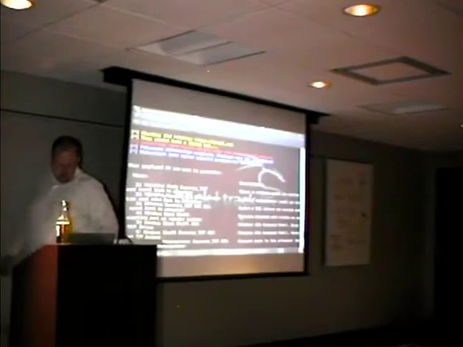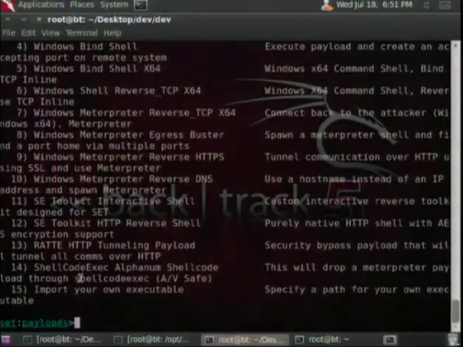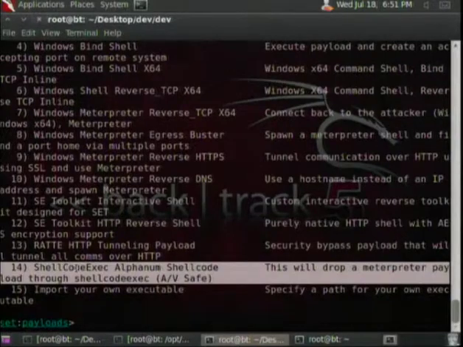The second method is called shellcode exec, which is right here. Option number 14. And what shellcode exec does, has anybody here used things like,